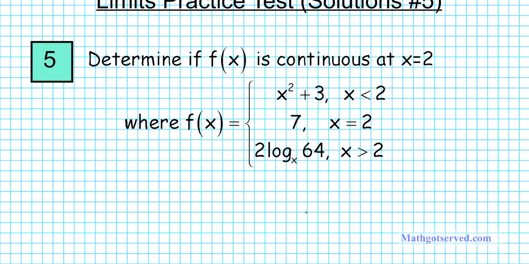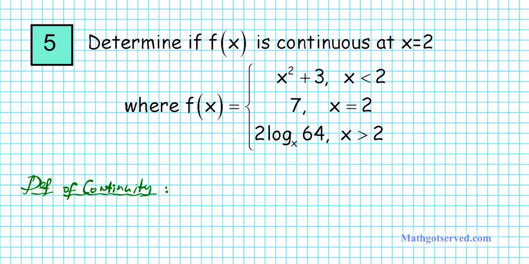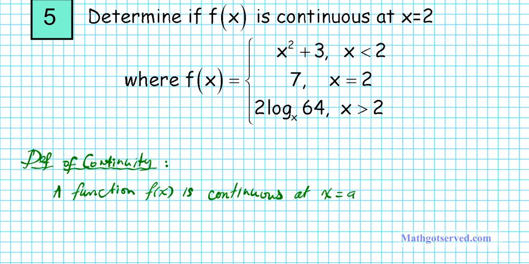at a point. What does it mean for a function to be continuous at a specified value? All right, so let's take a look at the definition real quick. Definition of continuity. So we can say a function, let's call it f of x, is continuous at x equals a if the following conditions hold. If